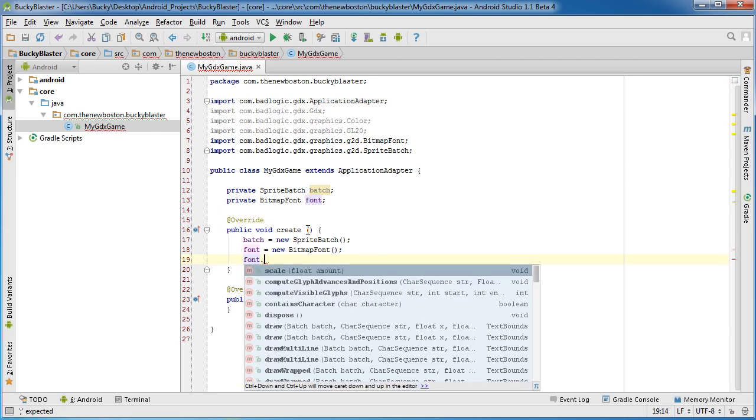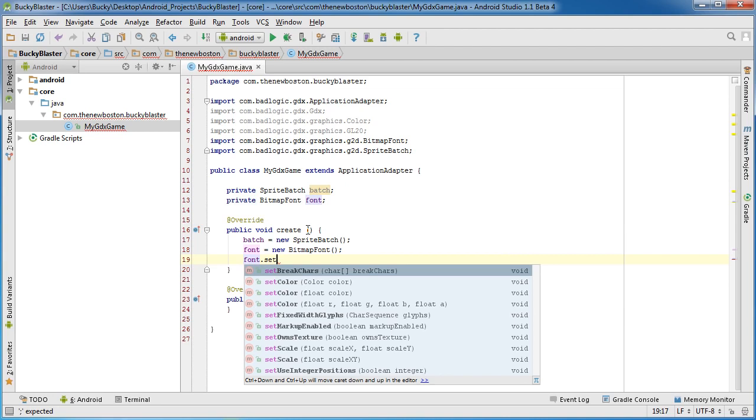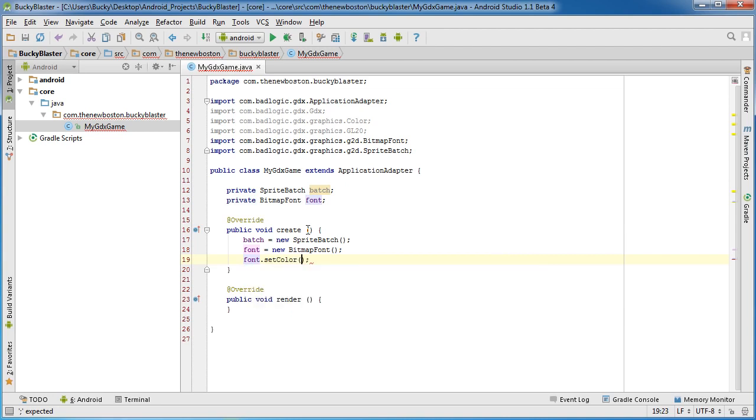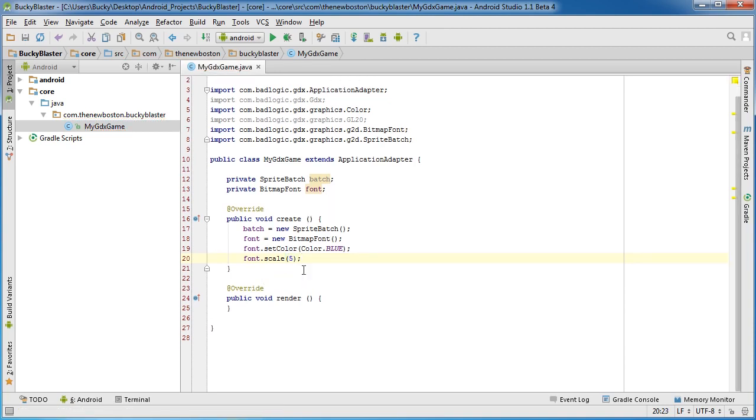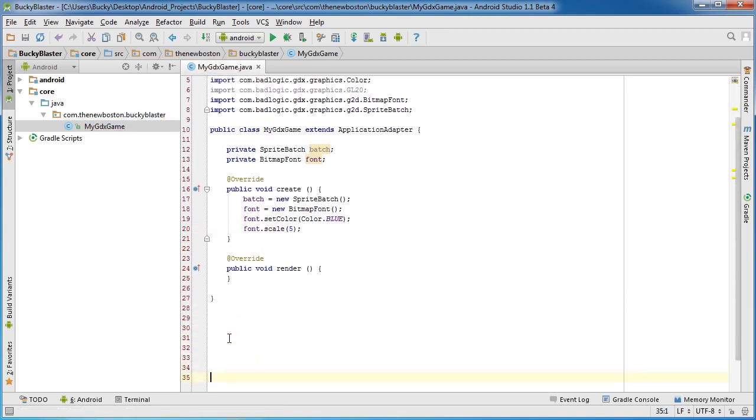But now that we have the object, the first thing I actually want to do is change the color of it, just to keep things interesting. So it's called set color, and if we just go color, pick your favorite color. So now we have blue font, and for the size of it, we can actually call scale, and we can just grow it by 5 times. So let me give myself a little bit more space. So now we're working with big blue font, pretty sweet, and we just have the parameters set, but we didn't actually display it on the screen yet. Now before I do that, I actually want to